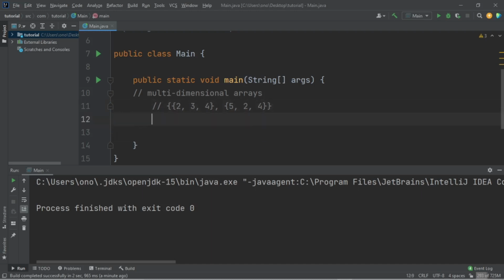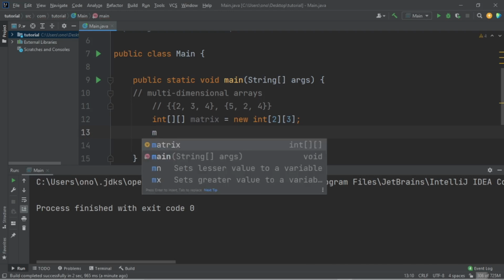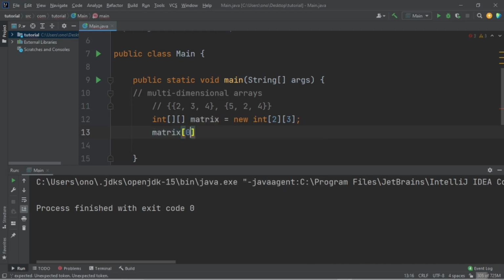So how would we do such a thing? Instead of using a single square bracket, we can use two square brackets. And then I'm going to call this matrix, set it equal to new, just like that. And then our limit can be 2 for the values inside this outer array, and then this inner array we can set the limit to 3, just like that. And then what we're going to do is take matrix at index 0, which will be this guy here, and we're going to set the first value to 2,